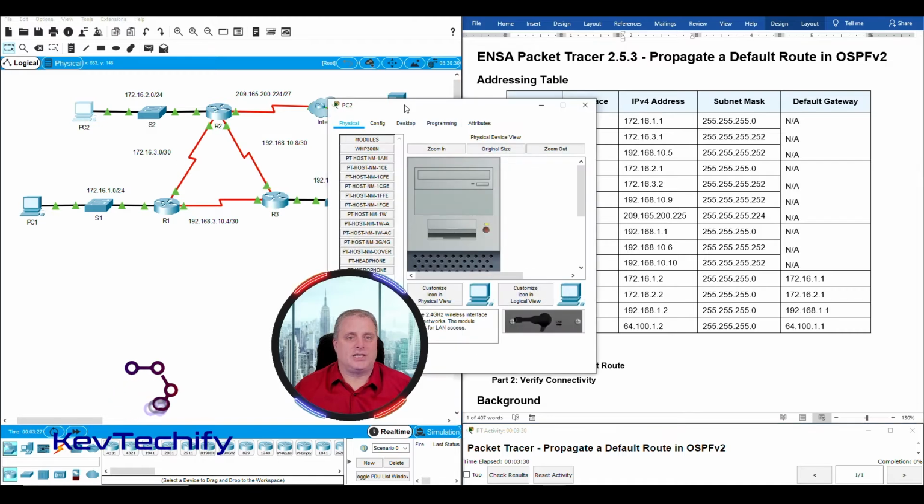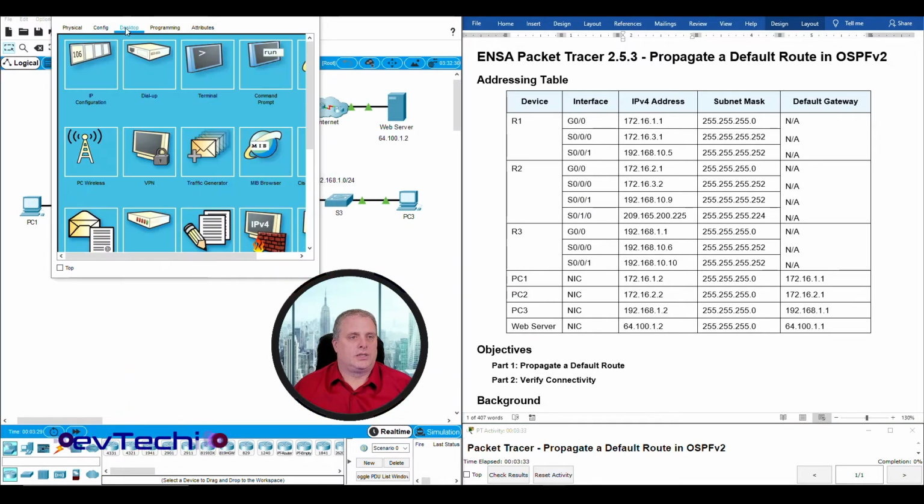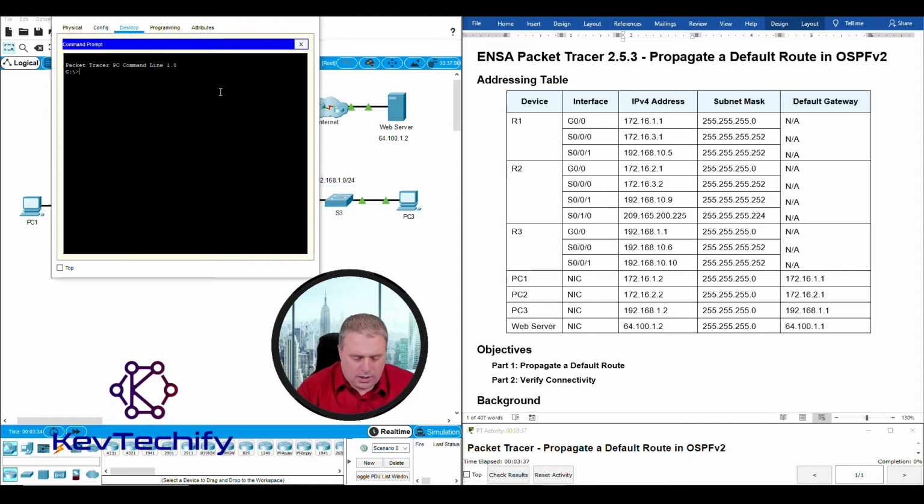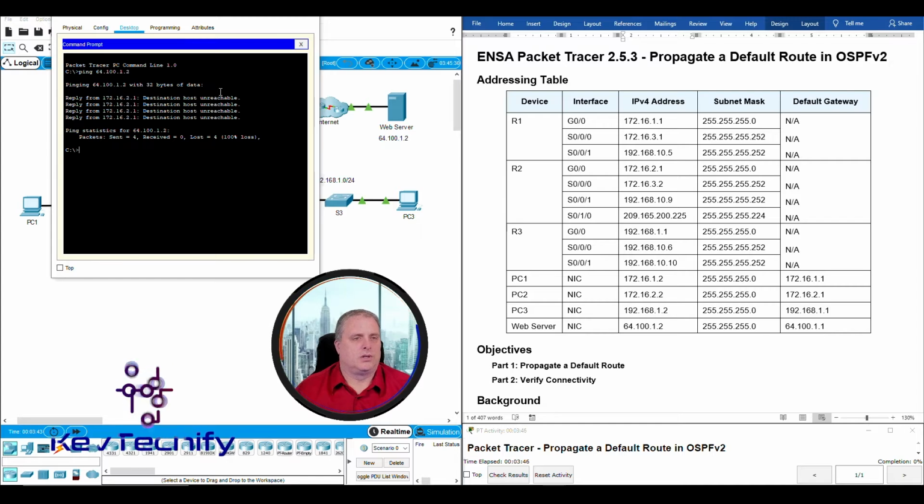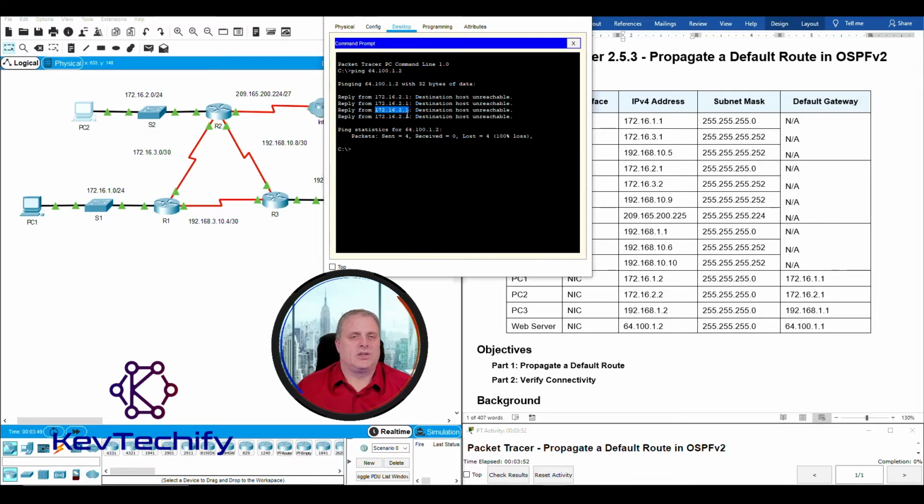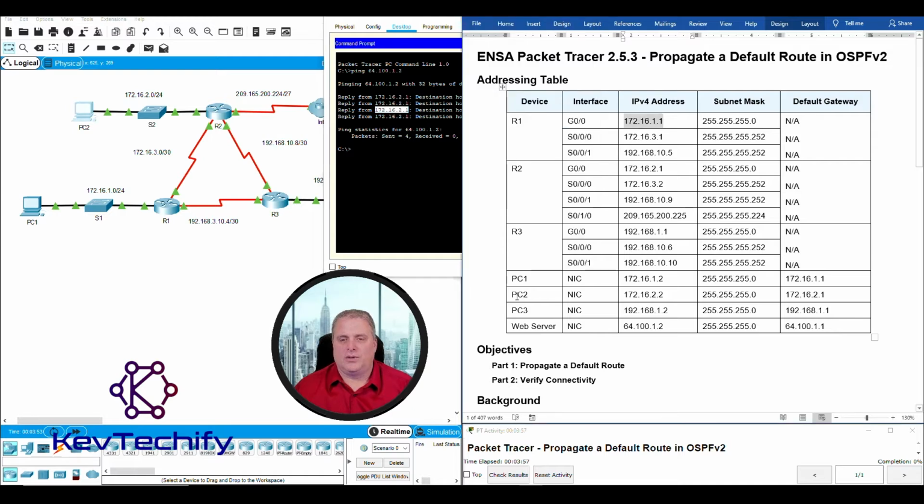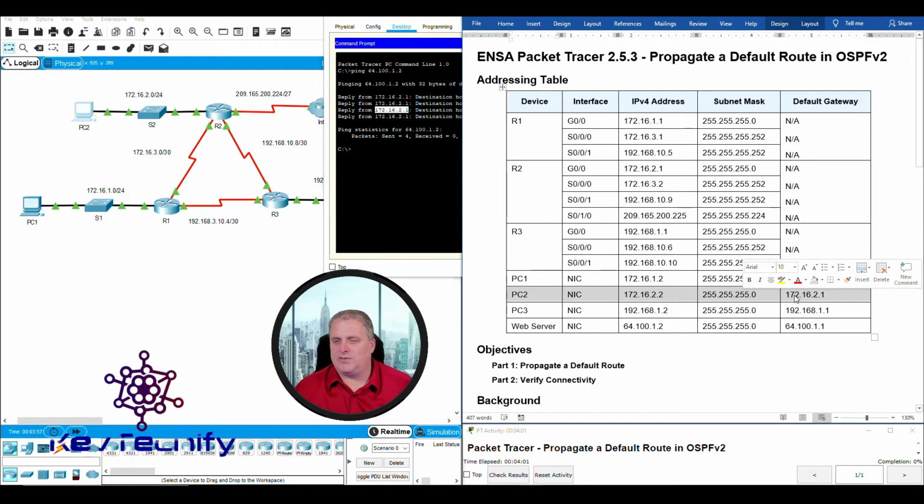Let's go ahead and try PC2. Desktop tab, click on the command prompt app. Go ahead and type in ping 64.100.1.2. Destination host unreachable. Same thing happened, but now it's a different address because we're on a different PC. 172.16.2.1 happens to be the default gateway for PC2. If we look in the addressing table right here, we can see that is our default gateway,